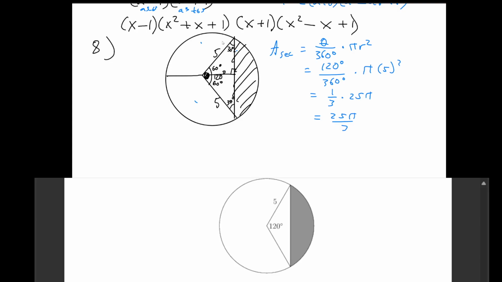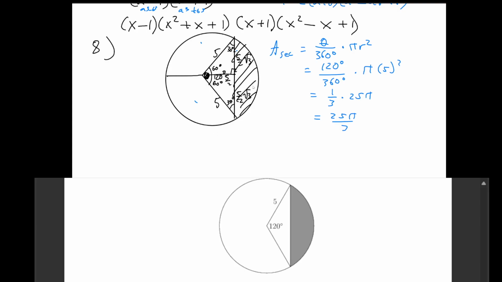So if this is 2x, I'm going to say x is 5 over 2, so then this must be 5 over 2 root 3, and this must also be 5 over 2 root 3. So then the area of this will be x root 3, 2x, so 5 over 2. So really, AB over 2 is the area of a right triangle, so just 2 times AB